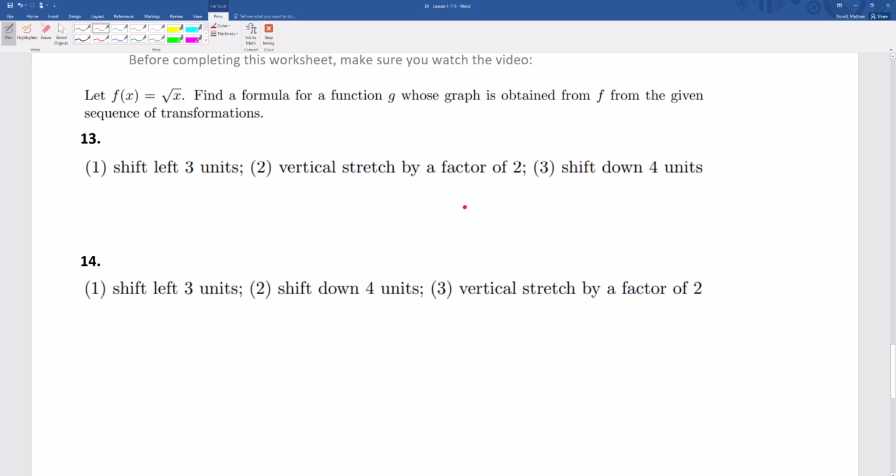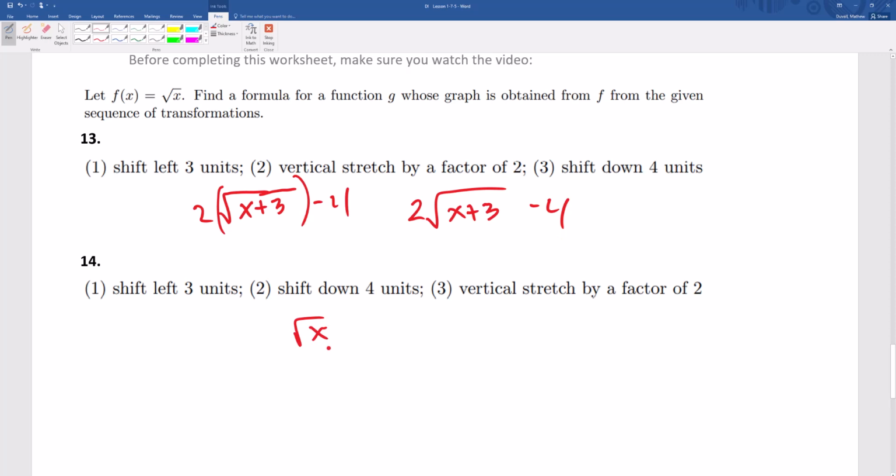Now for this, it's best to start with the function and then just start drawing it out. So shift to the left 3 units. So that's going to be plus 3. Vertical stretch by factor of 2, so multiply everything by 2. And then shift down 4 units to the minus 4. So it's 2 square root of x plus 3 minus 4. Versus the next one,